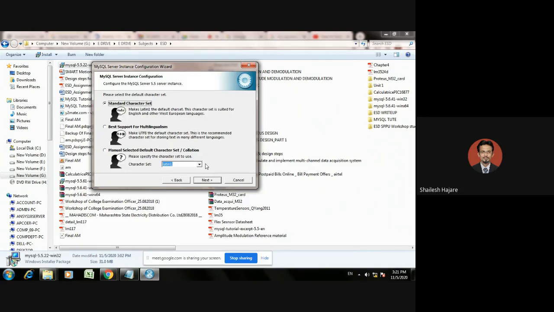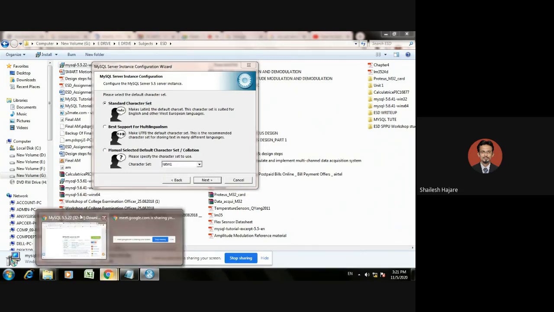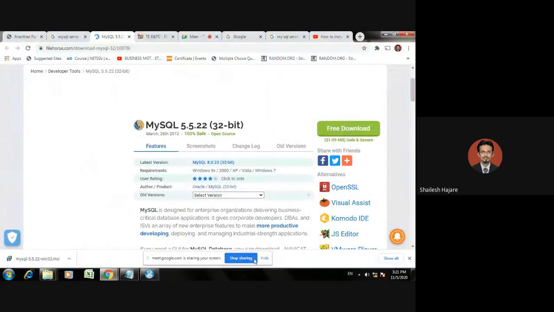It will again ask for the default character set. For the default characters, I will check with my system what default characters are available, because sometimes if the characters are different, it may create issues.